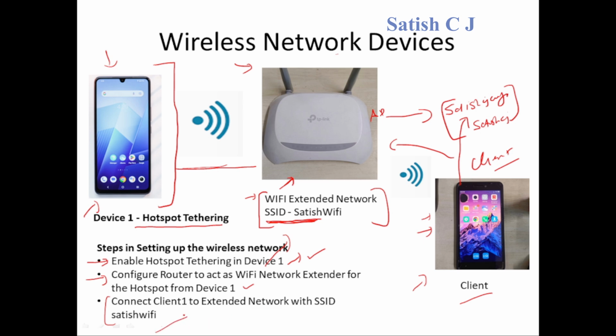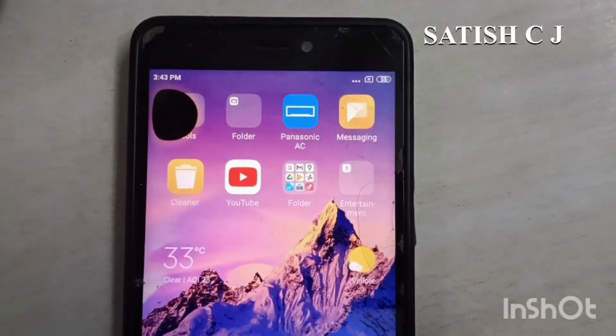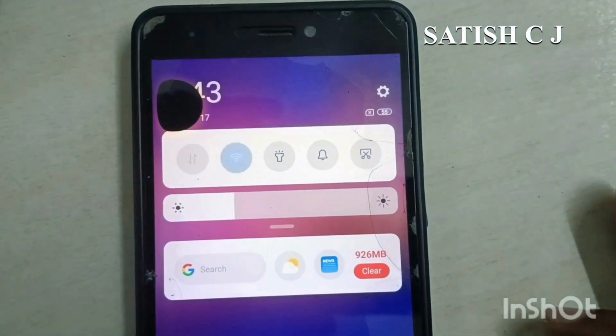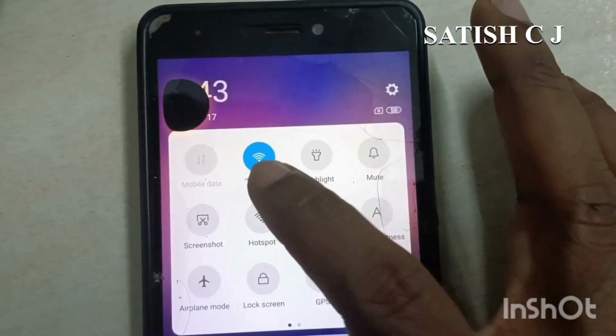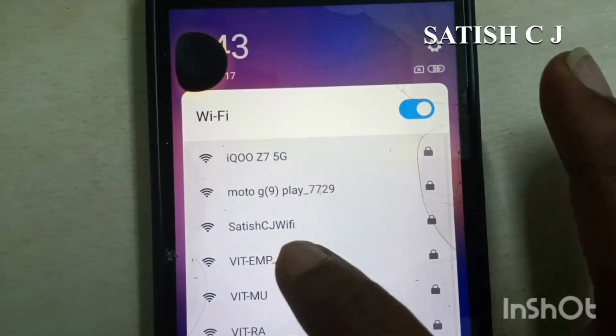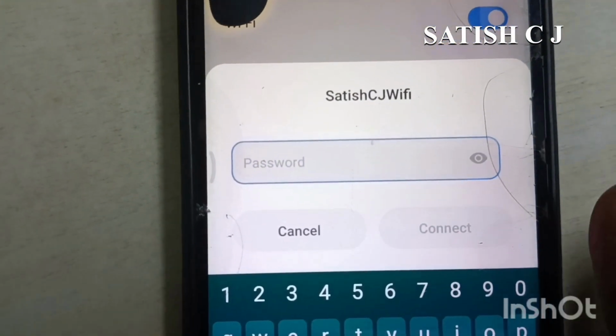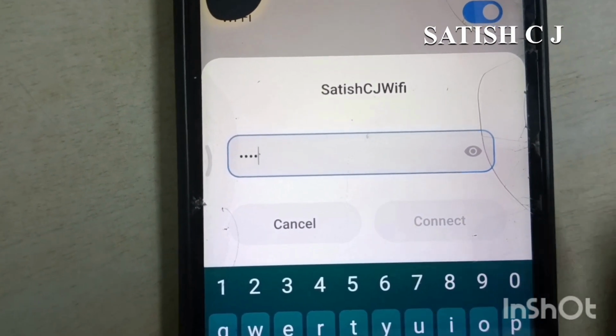Anyway, I have a video for that too. Let's take a look at that now. So here I have my mobile phone which I'm going to connect to the extended network on my router. So I'm enabling Wi-Fi and see, I have this Satish CJ Wi-Fi. This is the extended network from my router. So I'll be entering the password Satish CJ here to connect to my